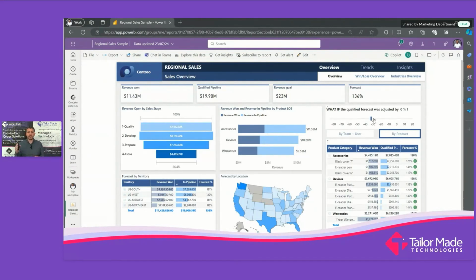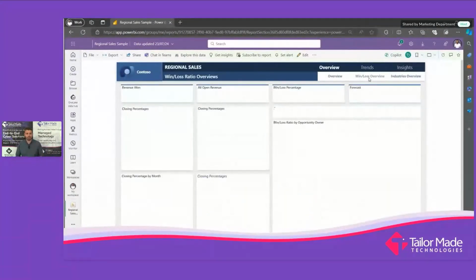Well, I can adjust our forecast so that all the other visuals can shift down. You can see the right-hand side is a slide bar. I can slide that up and down to what I think they're going to predict to do in terms of sales, and the rest of my graph is then going to reflect that, so I can budget and forecast a little bit better when I present my information to the wider team.